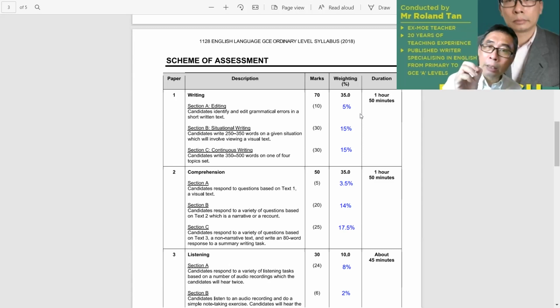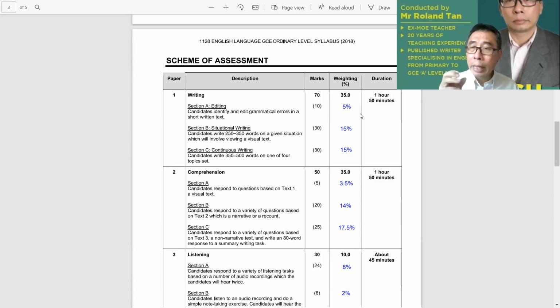Even if you tell me that you're taking editing next week, I am confident of teaching you at the 11th hour and making sure you improve. And it can be done because editing is quite rigid, and it is really about applying the so-called formula to getting the answer correct. Okay, situational writing is another area that you want to take note of because it's basically